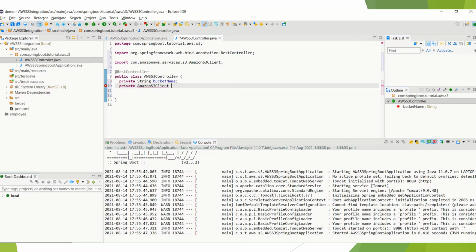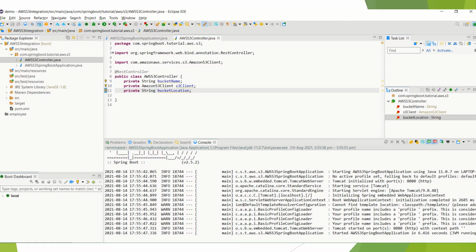Yeah, S3 client. Now we have to see the private string bucket location. Yes, private bucket location. Okay, now these are the things we have added in our properties.